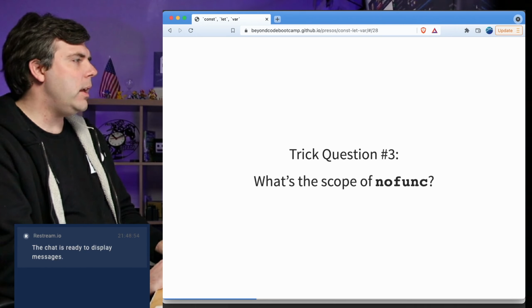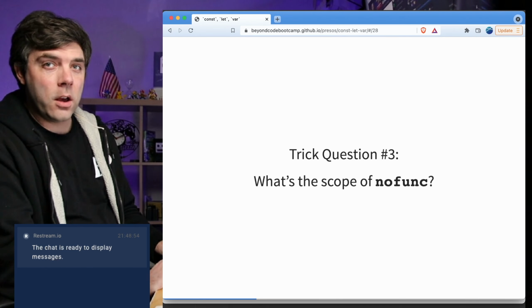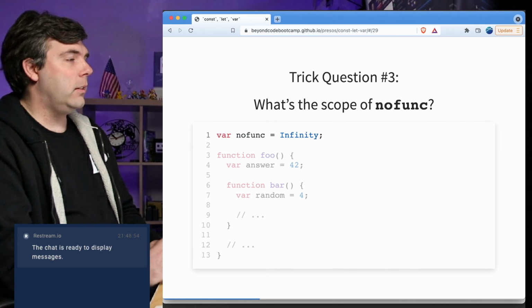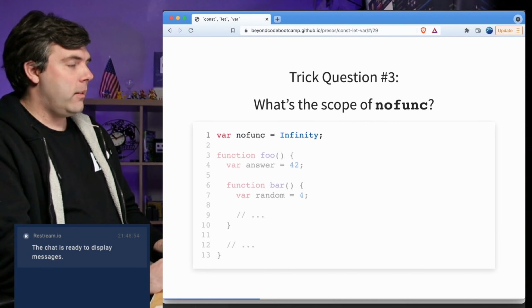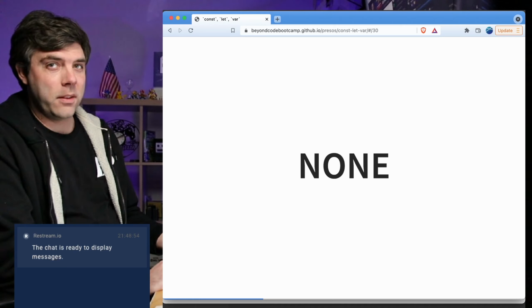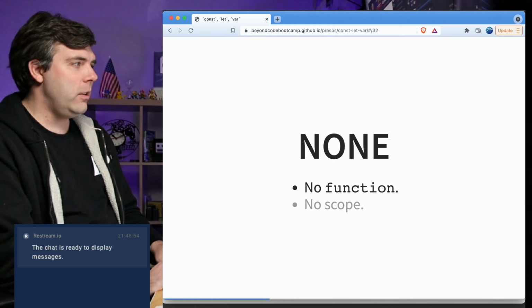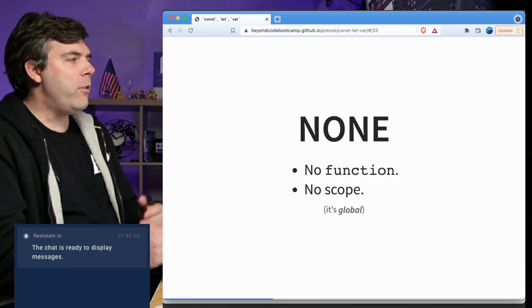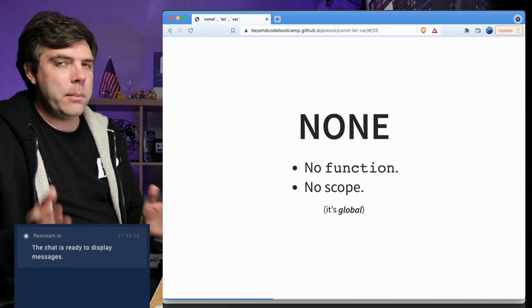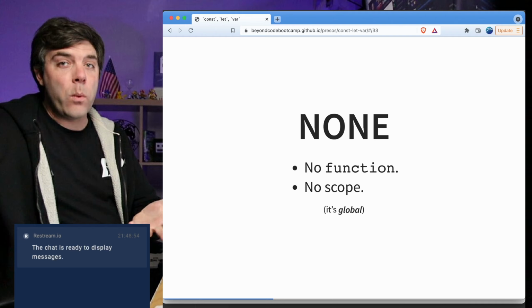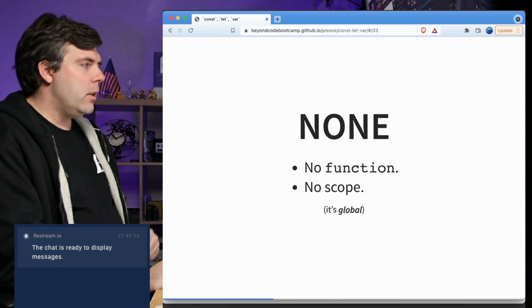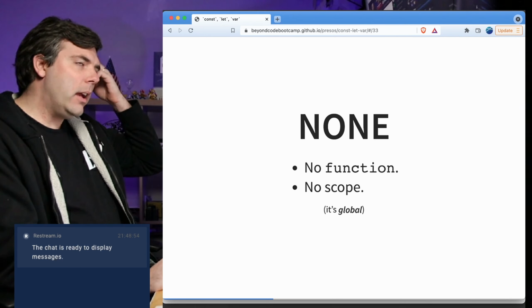All right, trick question number 3. What's the scope of no func? Now, this is something we didn't cover, but it's pretty simple. There is no scope. No function, no scope. Now, if a variable does not have scope, that means it is not contained. If it is not contained, then it is everywhere, and it is a global. So the rule is consistent, again, although